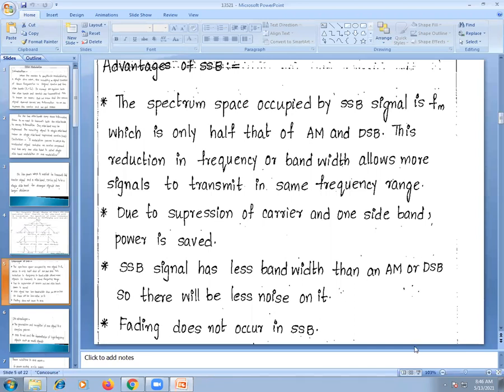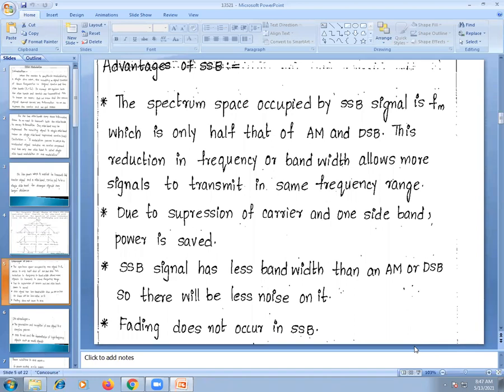Fading means multiple path reception at the receiving end. Multiple paths of reception at the receiving end may be called fading. Fading may occur due to errors or due to noise. If the signal is very narrow, then the multiple paths are reduced. Multiple paths reduced, fading also reduces. That means there is no fading. So these are the important points.